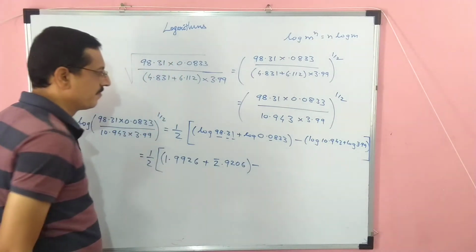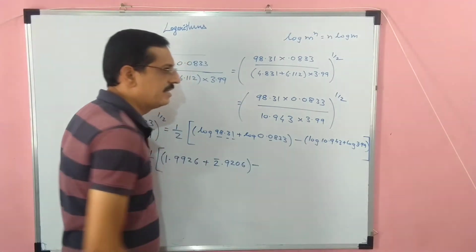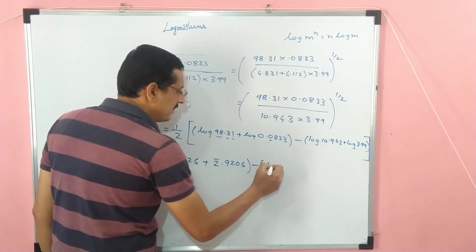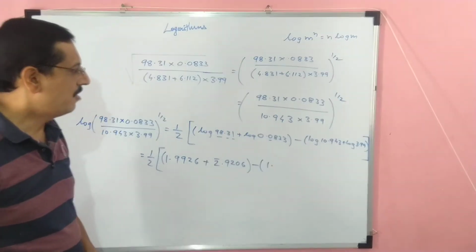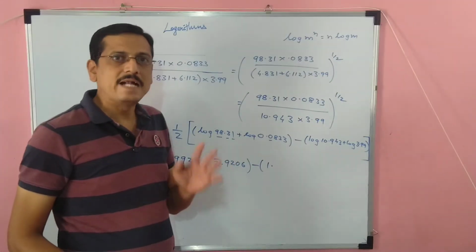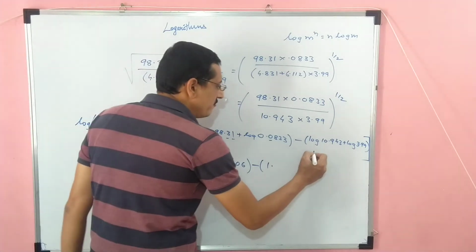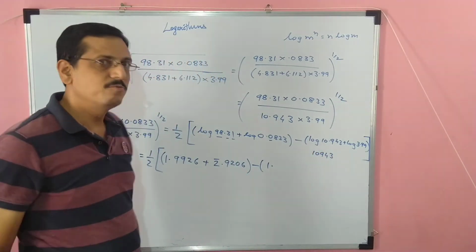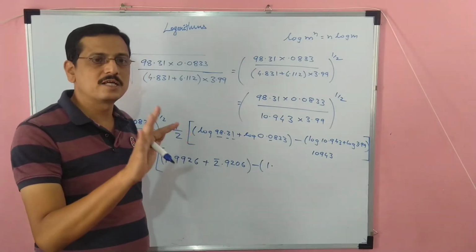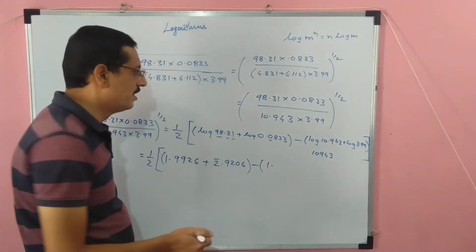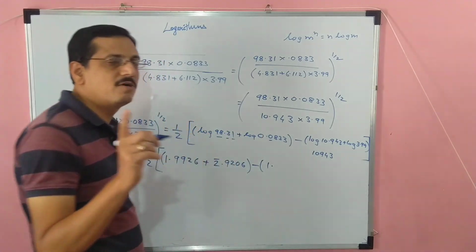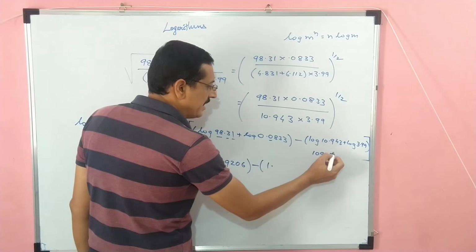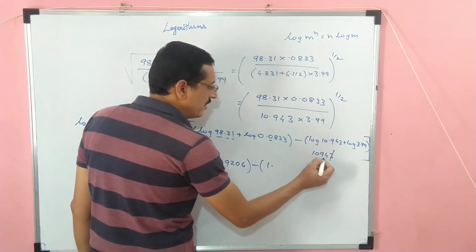Now come to this. 10.943 greater than 1, 2 digits before the decimal point. Characteristic is 1. Now I will check for the Mantissa. For Mantissa I have 1 2 3 4 5 digits. So मुझे पहले rounding off method use करके we have to restrict to 4 digits. So by rounding off method which we have discussed in the last video, this 3 is less than 5, you simply remove it, only 4 digits.